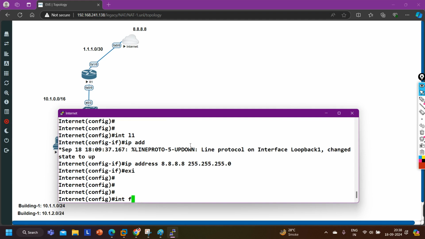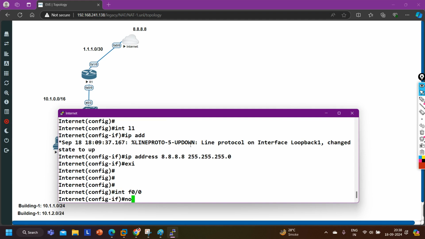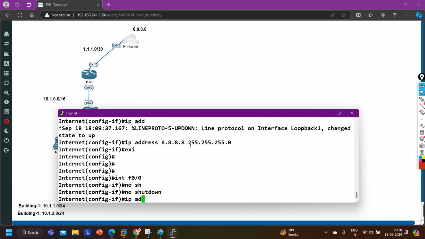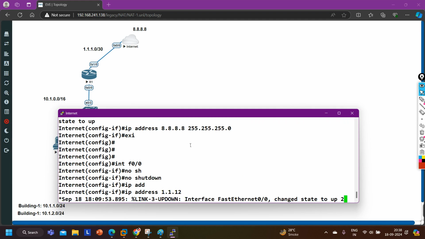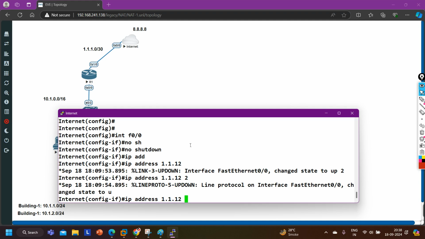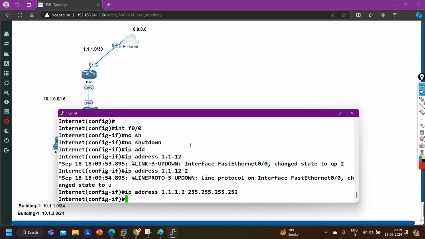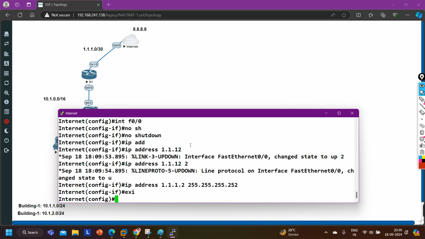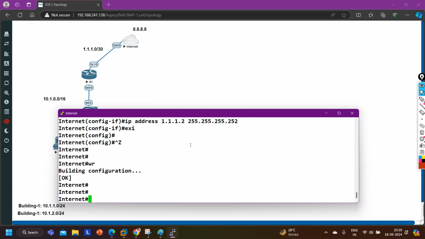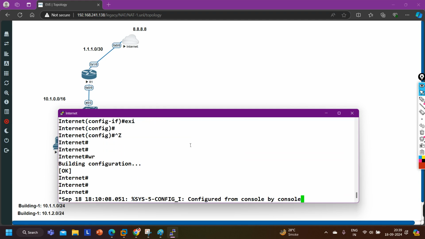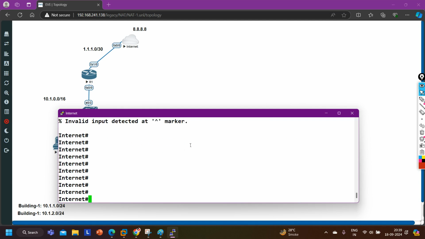Then interface F0/0, which is the WAN port, no shut, and IP address here 1.1.1.2 255.255.255.252. Subnet mask for /30, and exit. That's it. Only this IP address we are going to configure on the internet router, right?